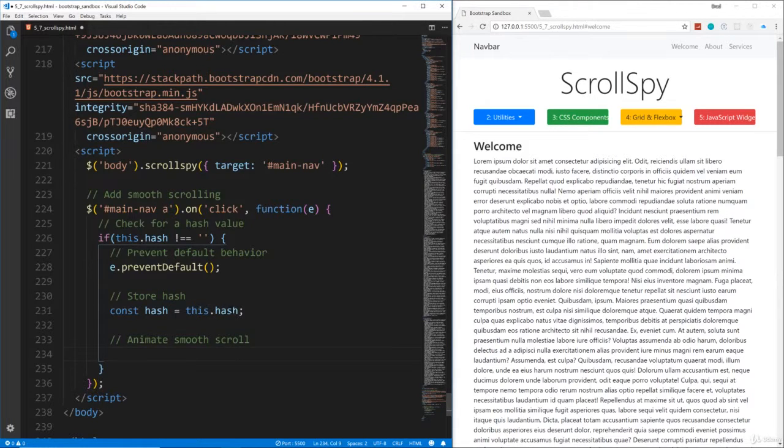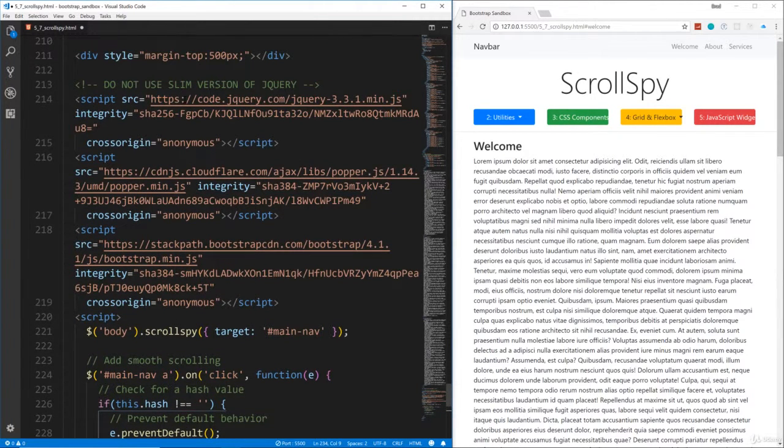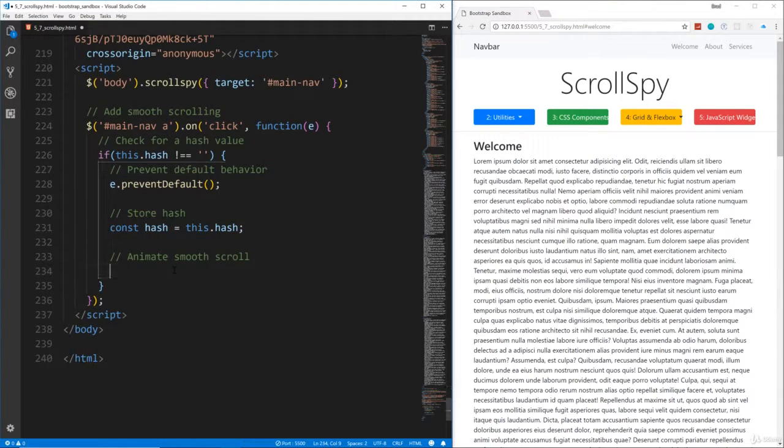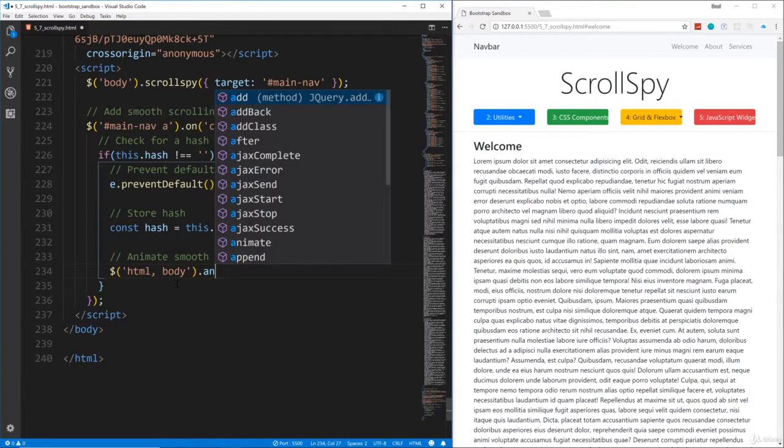Now, one thing I want to mention here is notice that we're not using the slim version of jQuery here. We're using the full version. You have to use the full version because the slim does not include the animate method. Okay, so it won't work if you use the slim version. So we're going to say jQuery, and we're going to put in html and body, and then we want to say .animate,